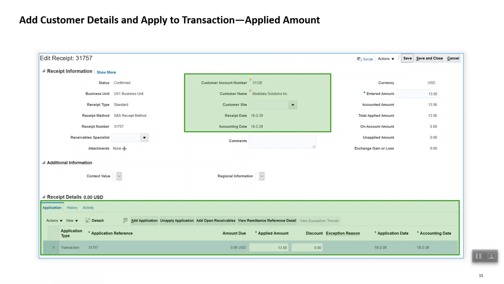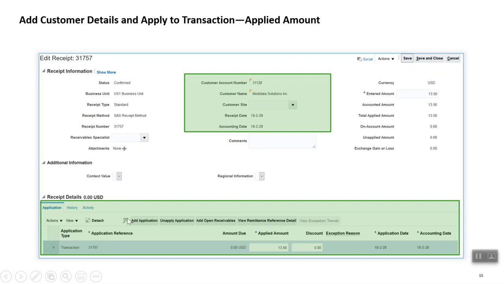The third one is applied amount. It's created in the same way: I have the receipt information, the amount information, and I keyed in the customer information. Now I also know that I've received this money against a particular transaction residing in the system. Then I'll click on Add Application and select the transaction number. 31757 is my transaction number, and it's also keyed in here as the receipt number.